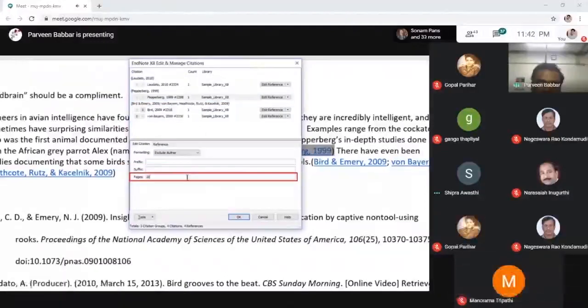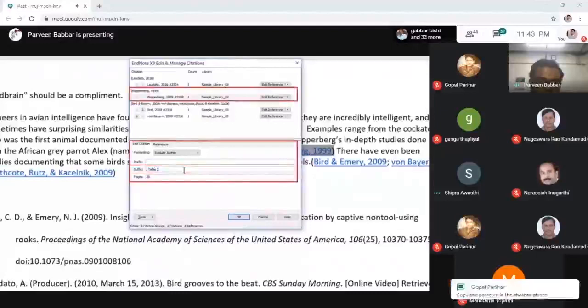Note that the Pages field is not used in all styles and may not work for some styles I use, but the prefix and suffix fields will always work. In the suffix field, I'll add comma table 2, just as an example of how the field works. With the prefix and suffix fields, I must include any additional spacing or punctuation marks. This edit is citation specific. If I cite the same reference later on in the document, EndNote will show the default information for that citation with none of the customization shown here.